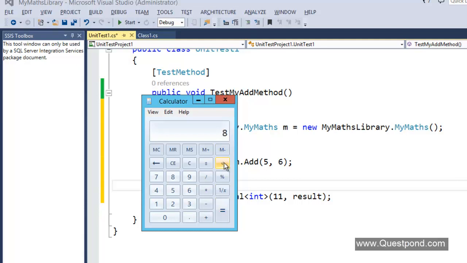Yeah, it's 8. That means my plus operation is working fine for my calculator, because the one output I am expecting and the one output given by the calculator is matching. That means my calculator is working for plus. Let me do it again. I'll say 8 plus 3. I believe I should get 11. Let's see if it is actually 11. Yes, that means my calculator is working fine for add functionality.